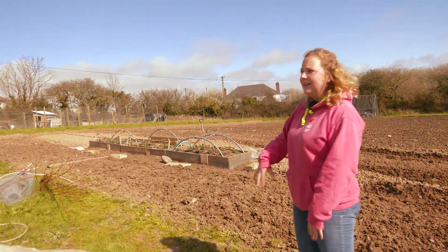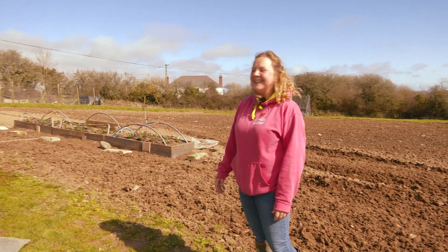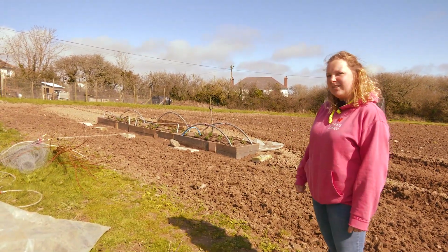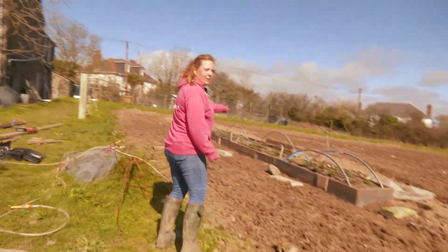So as you can see, they've now disappeared again to go and ferret off for something else, I'd imagine. And yeah, the beans, they're looking quite good. I don't know if we have a little bit of a closer look. We best walk on the plank. So